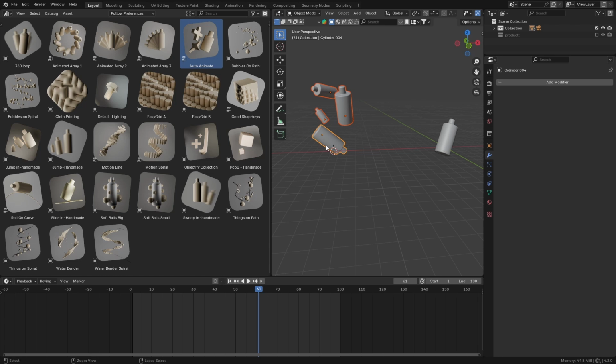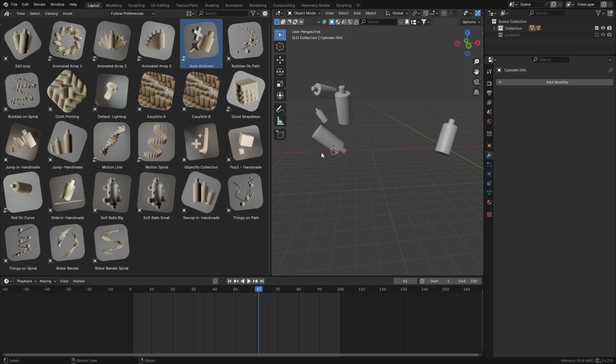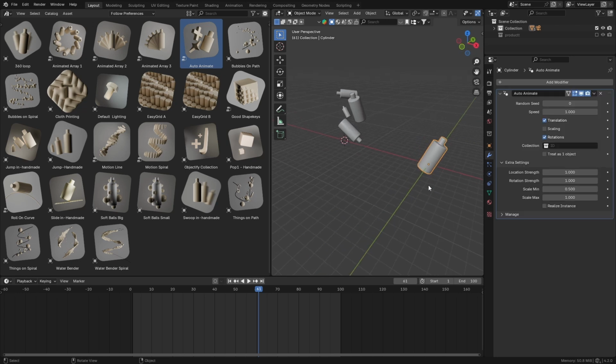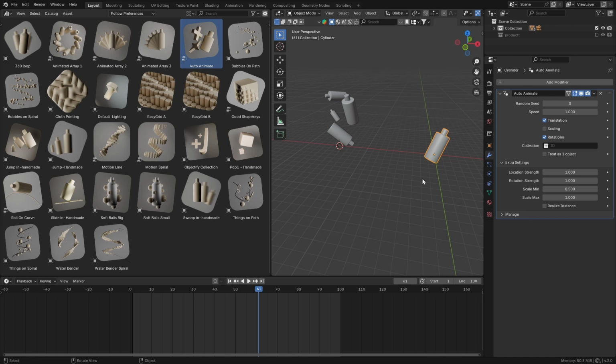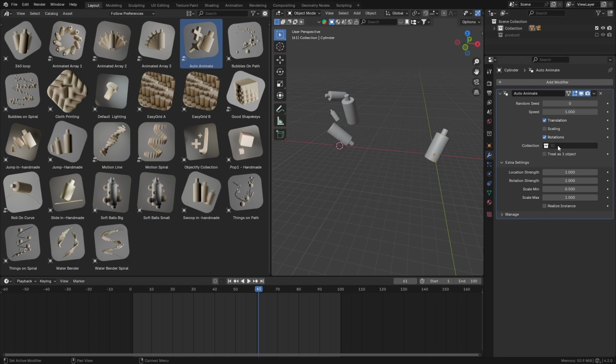if you want to use collections anywhere in the lazy motion library, you gotta apply scale on it. Control A, apply scale. So select the object. You might want to drop it on a cube first. A dummy cube would work. Just add a cube and drop it on there, and then